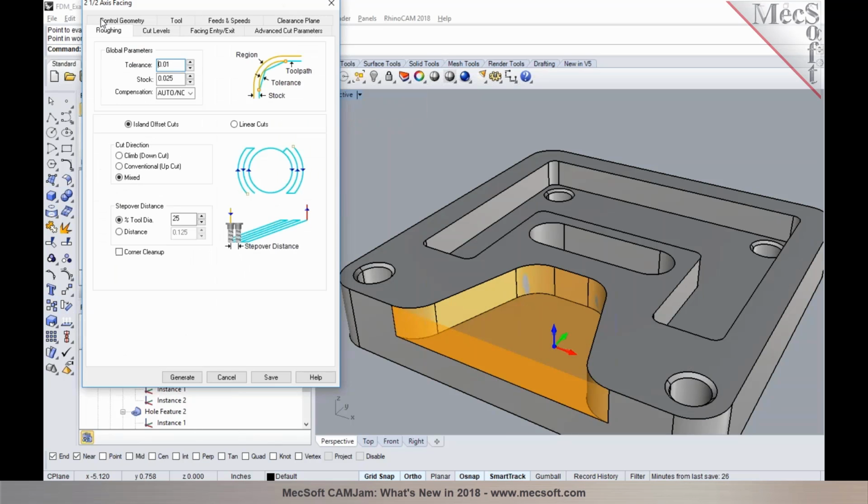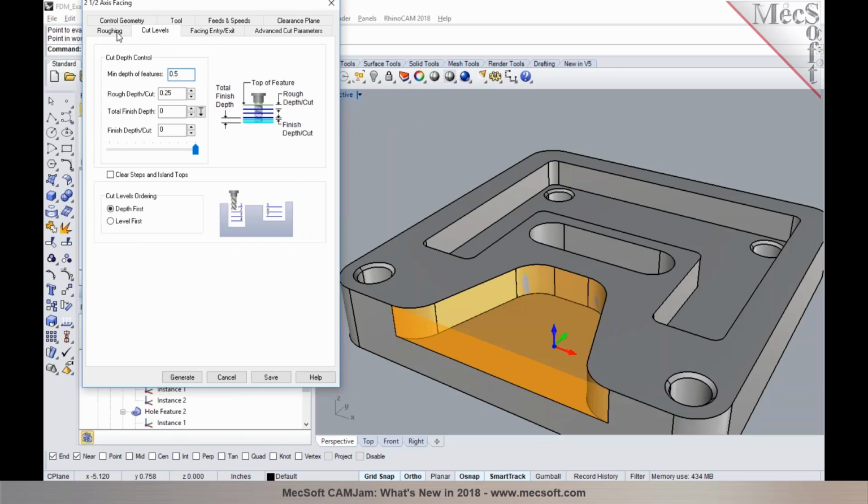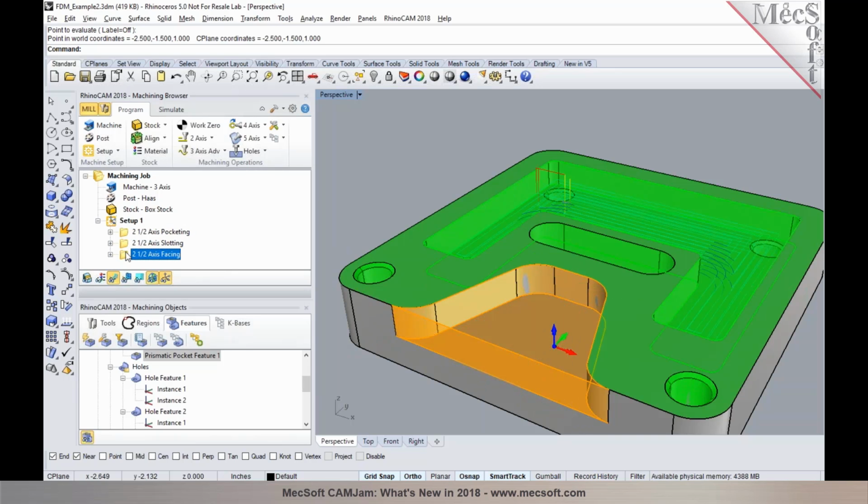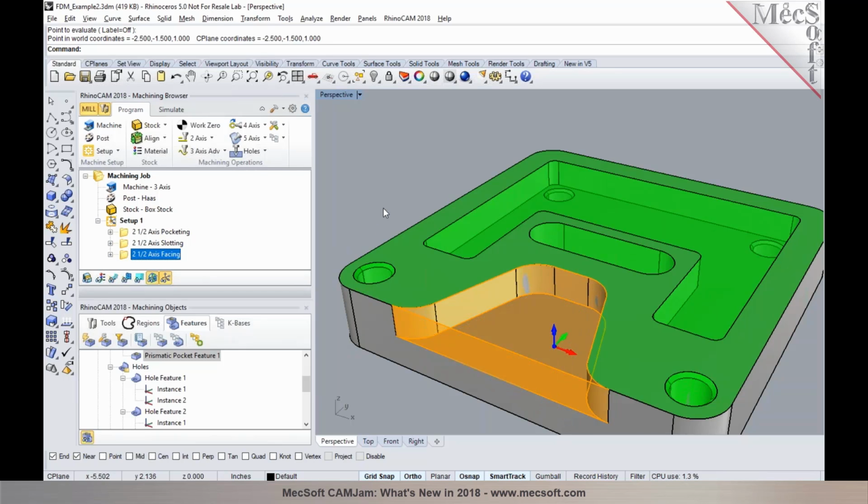You make a selection for your tool, establish your parameters for roughing, and then you'll see that the cut levels automatically have the depth established from the feature, and your depth per cut is automatically filled in as well. So selecting generate will create the tool paths for you. So you have the facing, slot machining, and the pocket operation. So this is interactive feature machining, where you can interactively, graphically select the features from the model and generate the